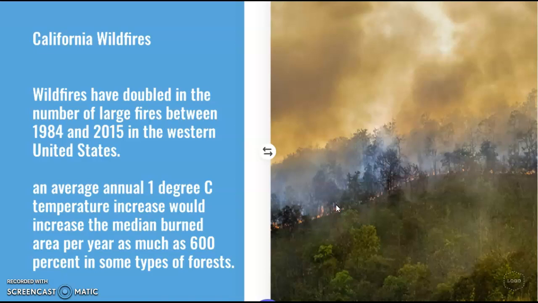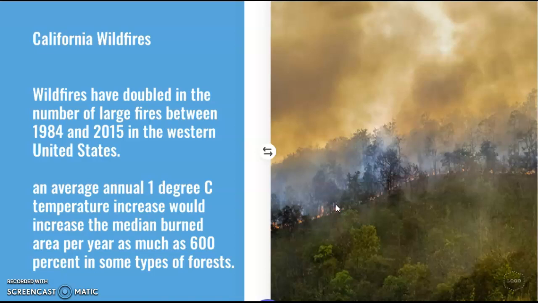Climate change enhances the drying of organic matter in forests, the material that burns and spreads wildfire, and has contributed to a doubling of the number of large fires between 1984 and 2015 in the western United States. Also, research shows that changes in the climate create warmer, drier conditions. This has increased drought. Longer fire seasons are boosting these increases in wildfire risk.